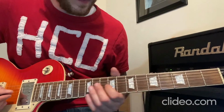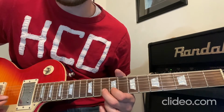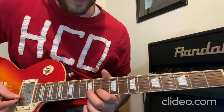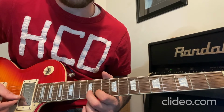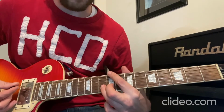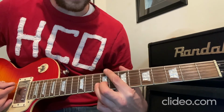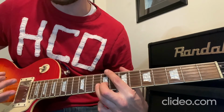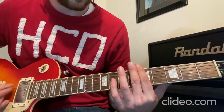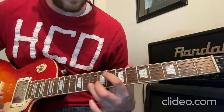So the theory behind the lick, we are starting on 10th fret, 2nd string, which is A, and we're going to bend it up to the equivalent of 12th fret, 2nd string, which is B. So, and I'm raking the strings, and I do want to mention, it's hard to rake at just any given spot, and the reason is you have harmonics, and that lick would sound